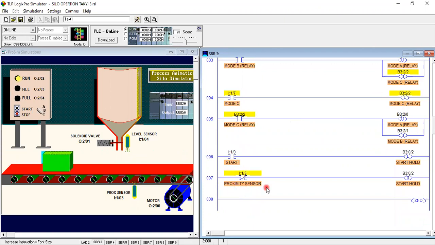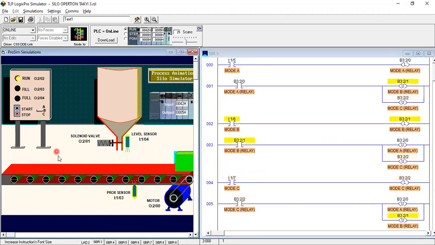And this is our proximity sensor, start, hold. When you select B, this is the manual part, so it automatically changes the instructions like that. Select C, select B. After filling, you must press the start push button. That is the manual process.